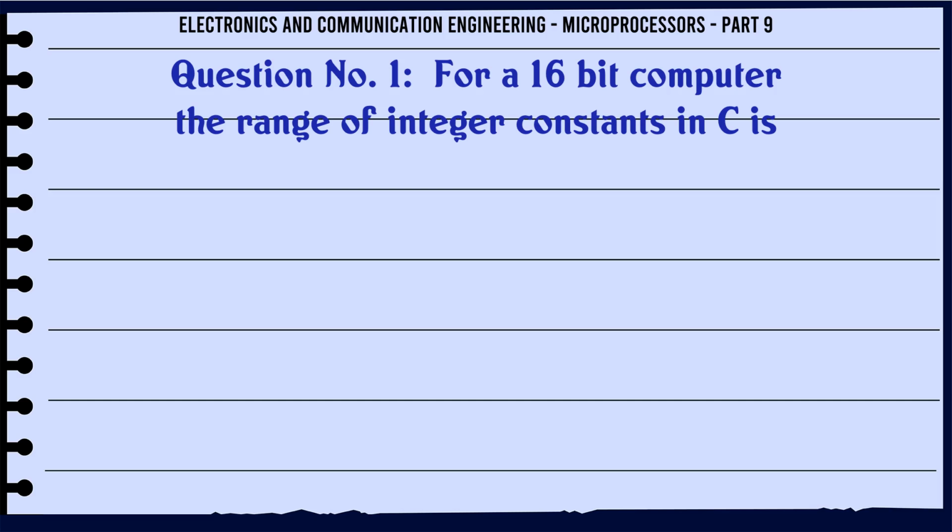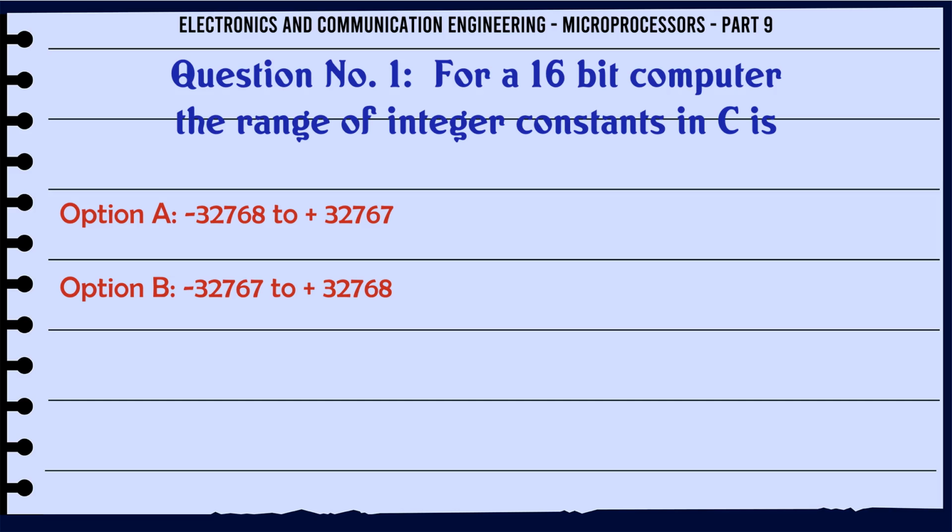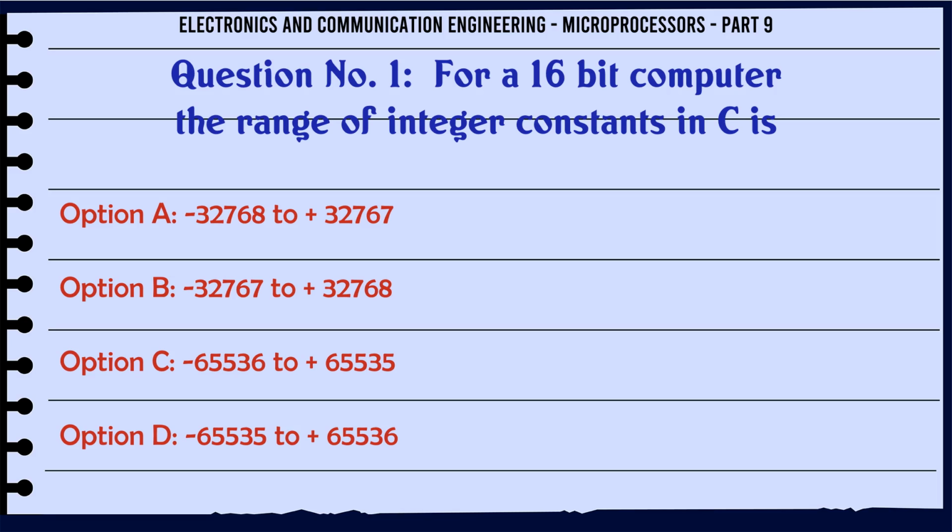For a 16-bit computer, the range of integer constants in C is: A. -32,768 to 32,767, B. -32,767 to 32,768, C. 65,536 to 65,535, D. 65,535 to 65,536. The correct answer is